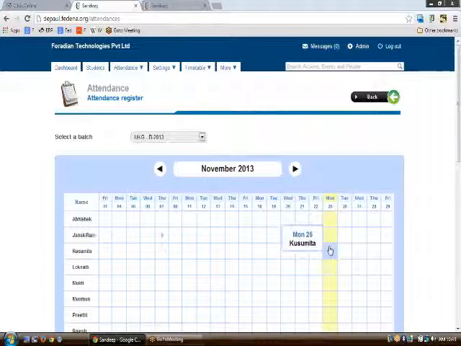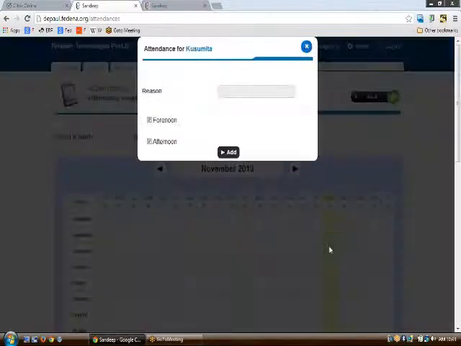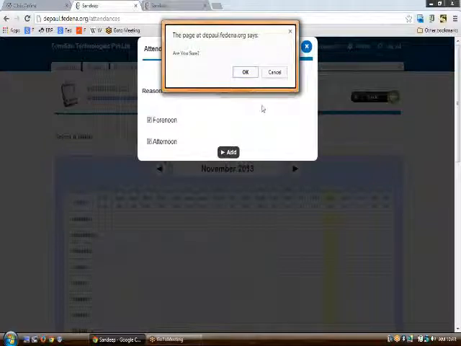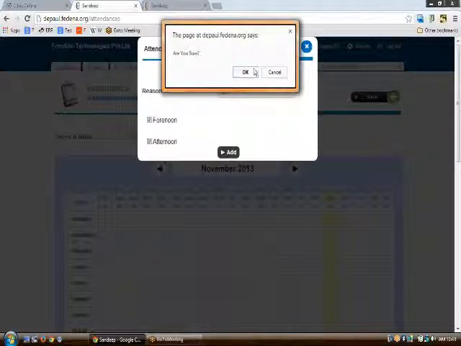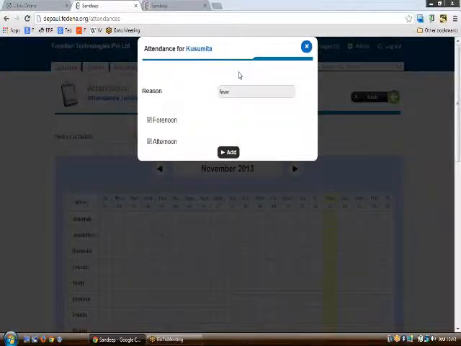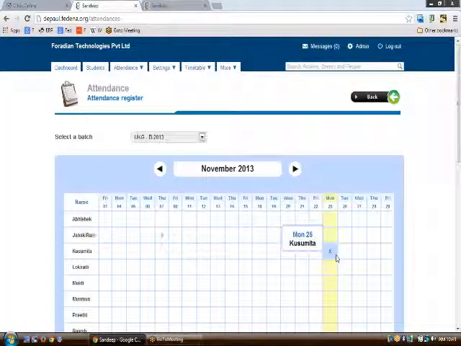If you want to mark Kusmita as absent for today, that is Monday 25, you need to click here, type the reason, select whether it's forenoon or afternoon, and then hit the add button. Now Kusmita has been marked as absent.